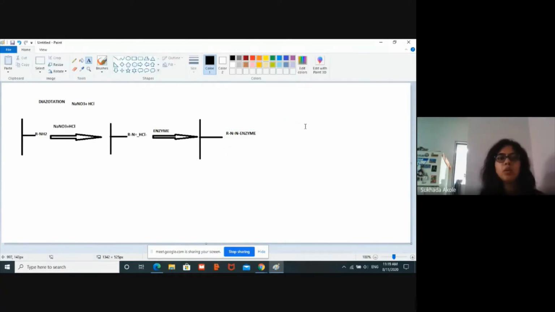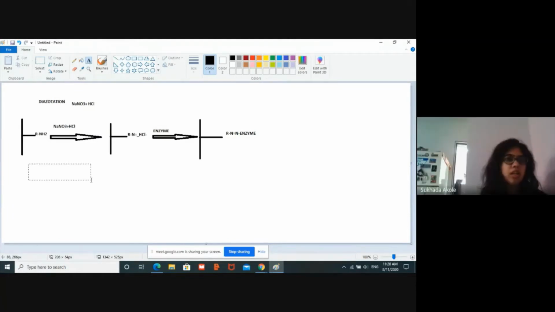What basically we are doing in the diazotation reaction is that we are taking into account the amine group of the inert surface and attaching one more nitrogen here, because nitrogen has a valency of 3. So I am simply balancing the valency such that my RN will have 3 bonds, 1, 2 and 3. My another N will have 1, 2 and the third bond will attach to the enzyme. Clear? Say yes or no. Yes, ma'am.